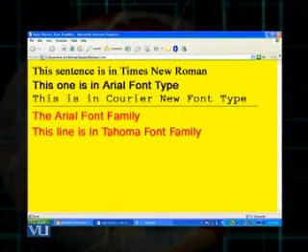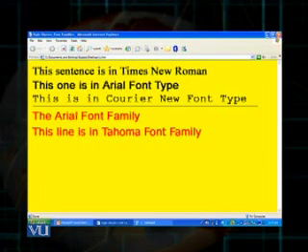You can see there are in fact 5 different sentences, and they are separated by a horizontal line. First of all, this sentence is in Times New Roman. So the first font family is Times New Roman. Then the second one is in Arial font type.